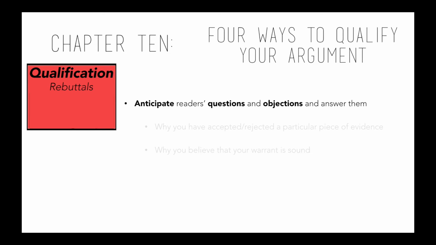Readers will question your argument as they read. You must acknowledge them by anticipating their questions and making the limits of your claims explicit. Readers are likely to question the quality of evidence or warrants, and how you rebut those objections depends on their nature. If you think that your readers might think that your evidence is insufficient because there is other evidence that runs against your claim, you need to show that you have considered that evidence but rejected it with a good reason. If you anticipate an objection that your warrant is flawed, you can show why you believe that it's sound.